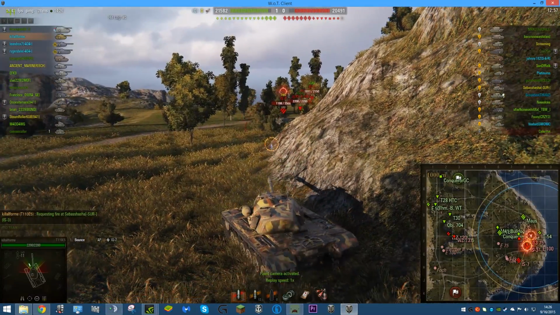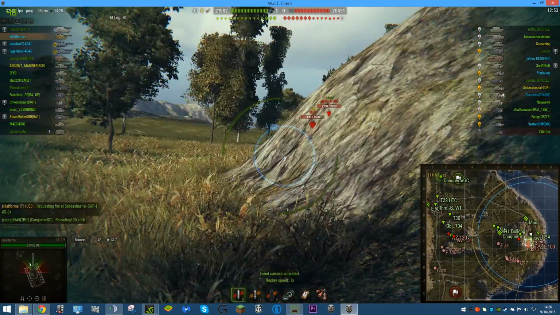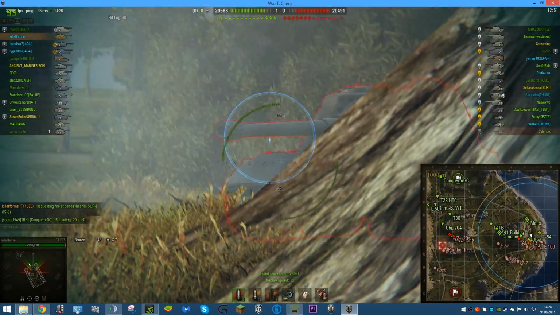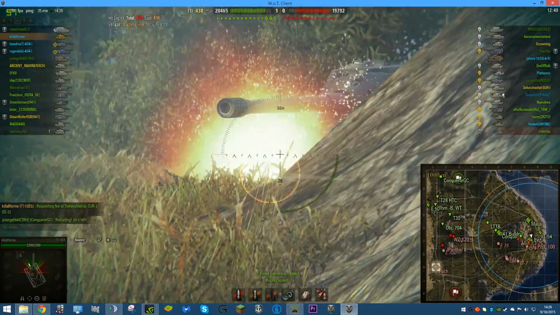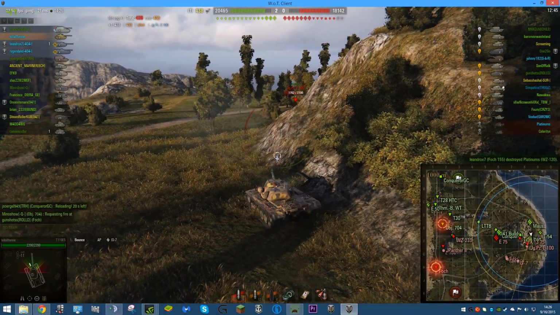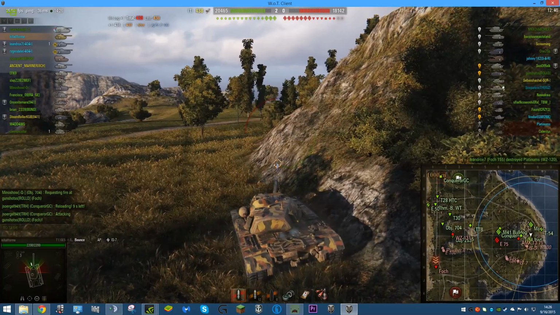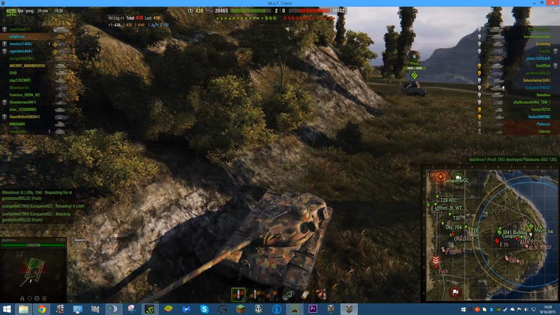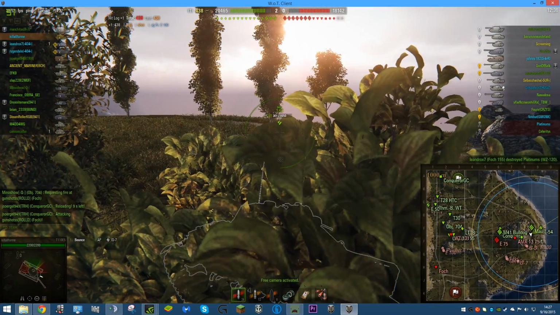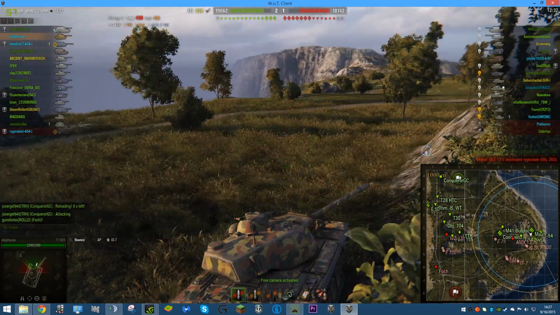IS-3 decides to be bold and move up a good bit. Got a Jagdpanzer E100 as well, so I decide to back off a good bit. T-54 moves up, distracts them, so I get a penetrating shot on the Jagdpanzer E100. Want to take that out as fast as possible with its big gun. So T-54 decides to back off. He's on low health now, so don't know why he continues to go up. Probably just a spot, but